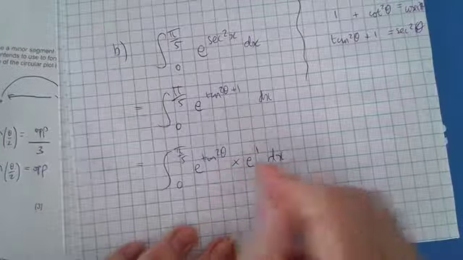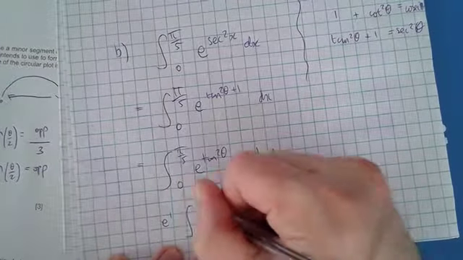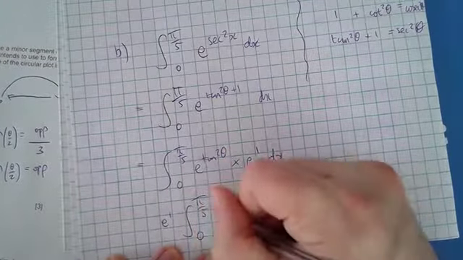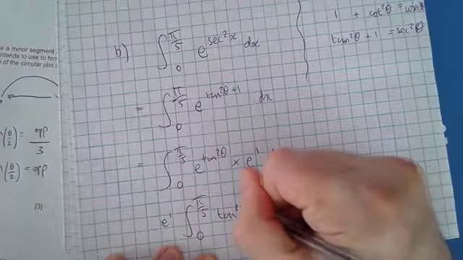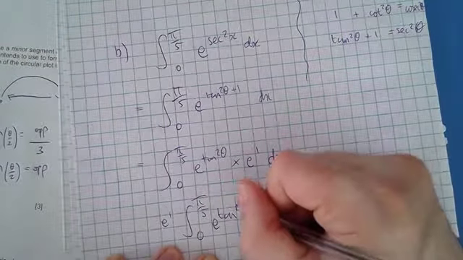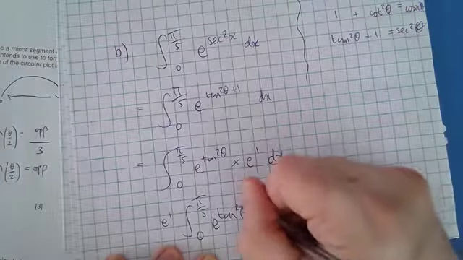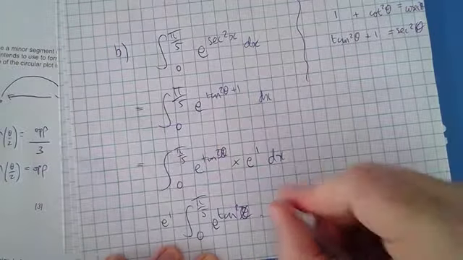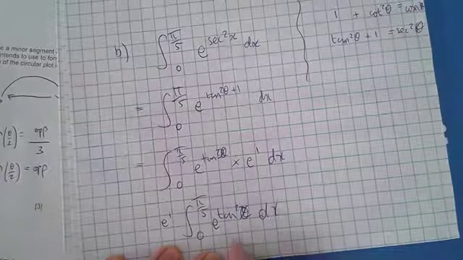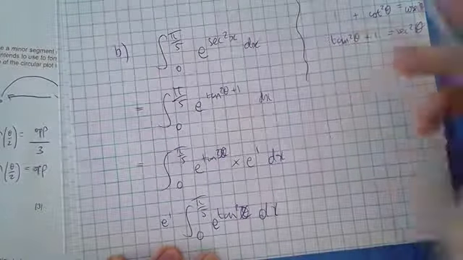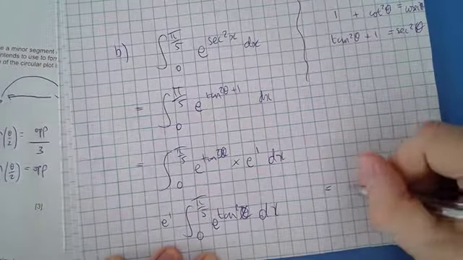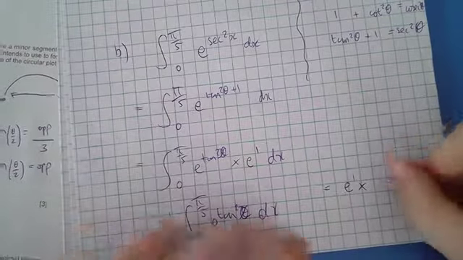I'm then going to take that out as a constant, so I'm going to have e to the power of 1, and then the integral from 0 to pi by 5 of e to the tan squared x dx, sorry, I meant to write dx throughout. And I know that answer because I just worked it out, is that one there, so then I just put into my calculator, which equals e to the power of 1 times by